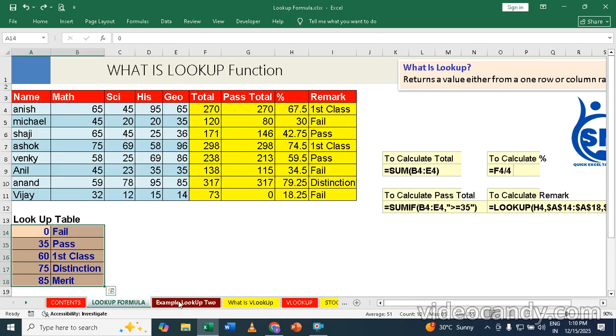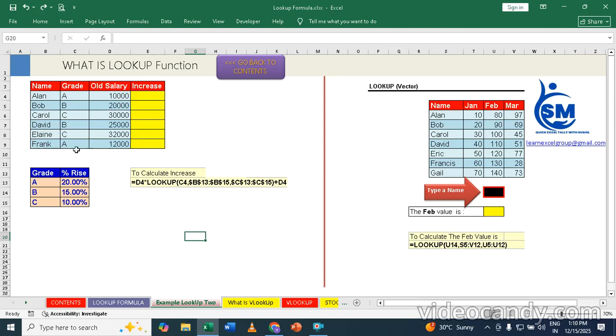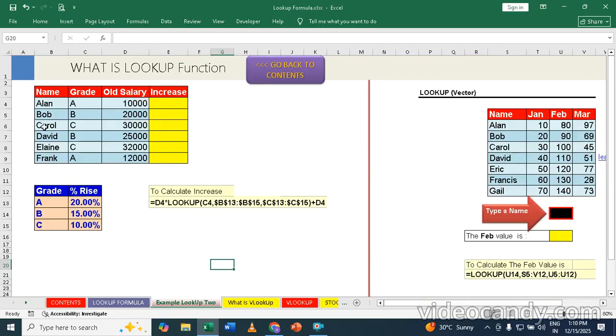I have one more example of lookup that I'll show you, where I've given you some names of employees. Their grade is there, A, B, C, old salary, and down I want to say increased salary. That is, people who have got A grade get 20% increase. People who have got B grade get 15% increase. C means 10% increase. For that you have to use this formula of yours, equal to, click on your old salary, that is D4, multiply, because you have to multiply 10,000 into 20%, that's why into,